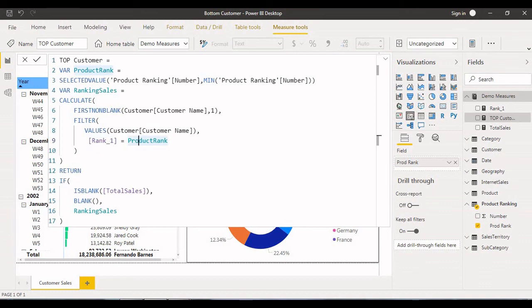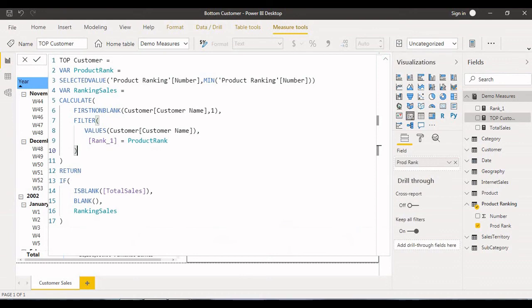For example, if I select 2, it goes to this measure and gives the second customer; 3 means the third customer, 4 means the fourth customer, like that. I have written this expression, and based on that it executes dynamically. Finally, I'm checking whether the sales are blank or not. If it is blank, it returns blank; otherwise it returns whatever the expression evaluates to. Like this I have done this report.